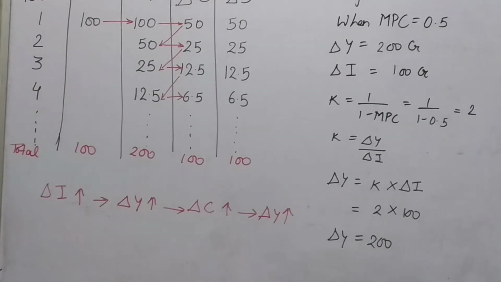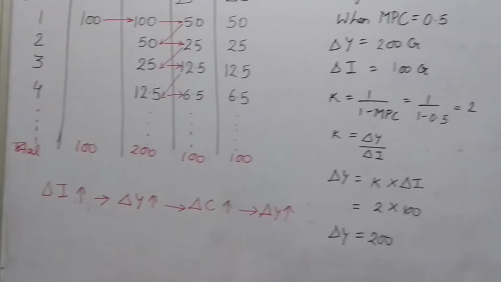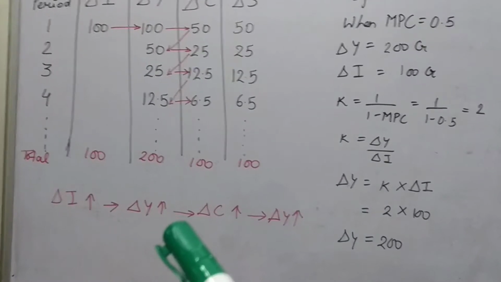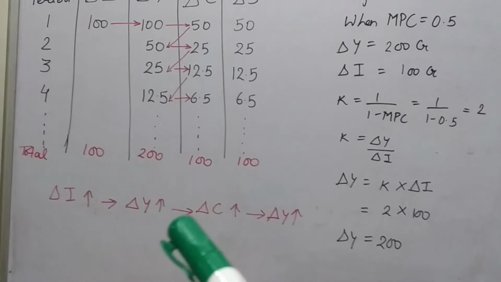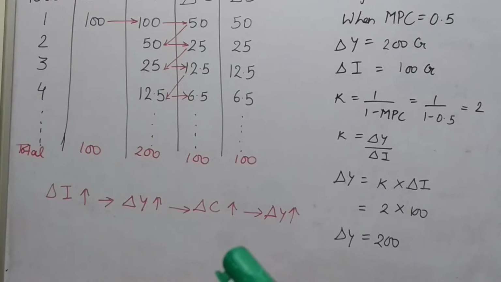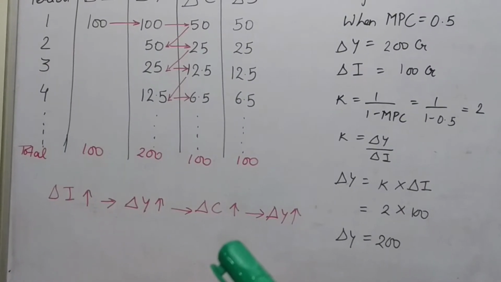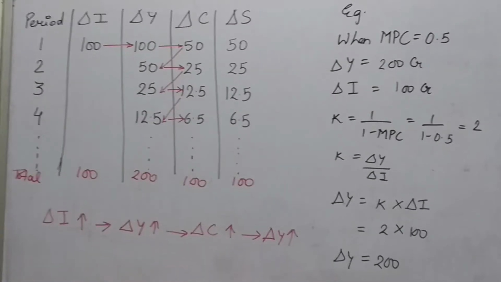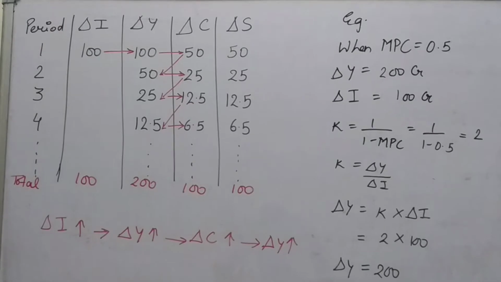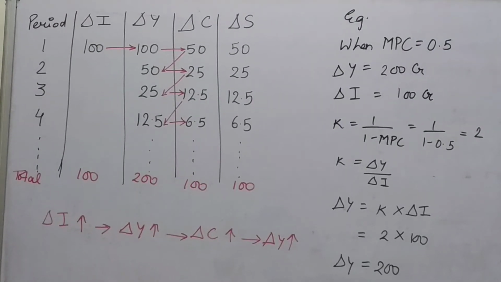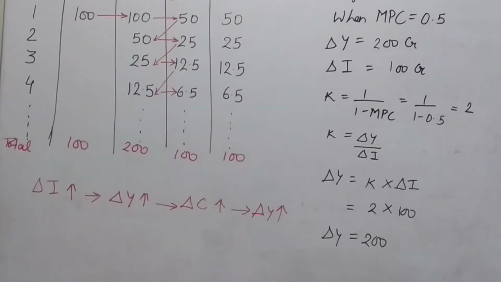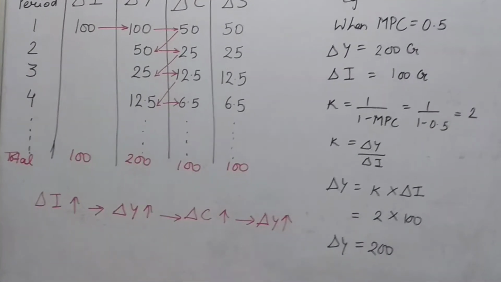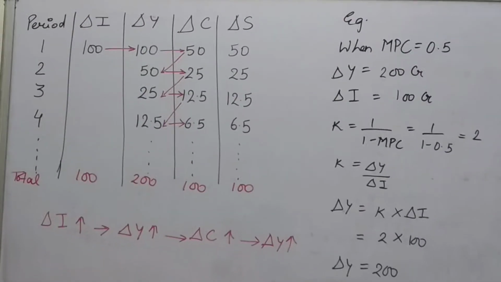That means the working of the multiplier assumes this following process. Change in investment causes change in income. If investment increases, the income increases, so as a result there is a change in consumption, and consumption expenditure of one person is the income of another. Obviously, if you consume a commodity that you have purchased, in return you will give the money, so that money is automatically the income of the other person. So the change in consumption leads to change in income, and this process continues till change in consumption falls to 0.